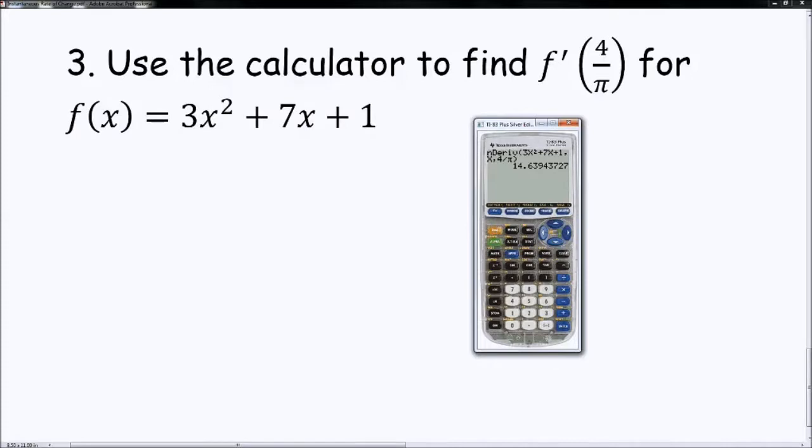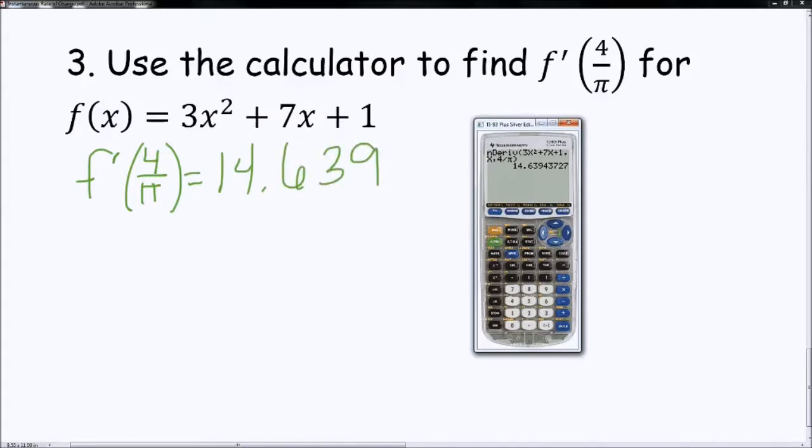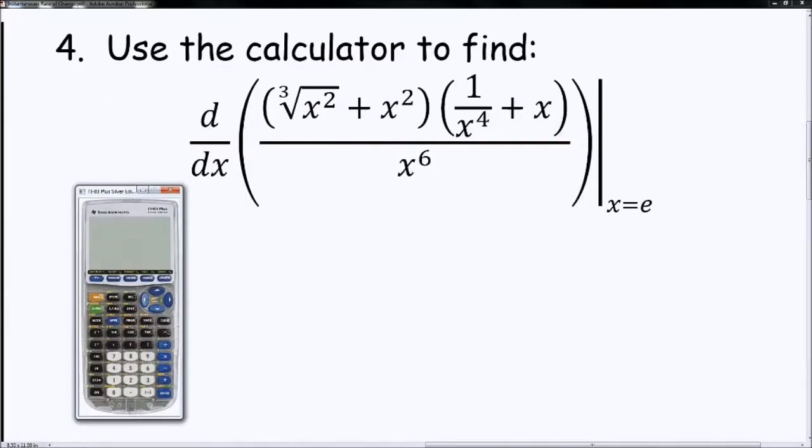And so we would just go ahead and write, if this was a free response, f prime of 4 over pi is equal to 14.639. And that's all you had to show. All right, a lot of times they'll allow you, the first one was pretty easy with a simple polynomial, but